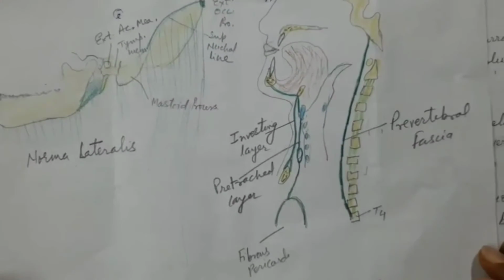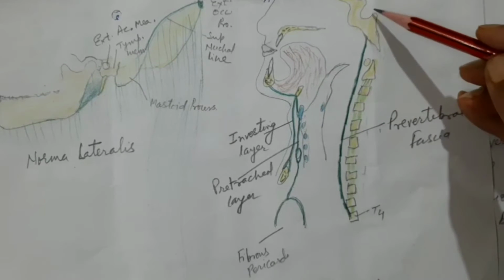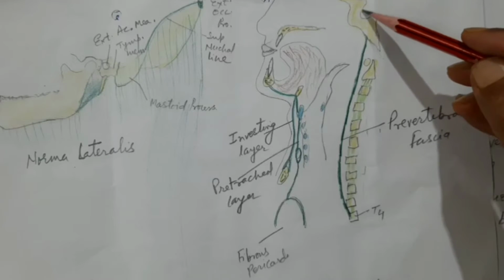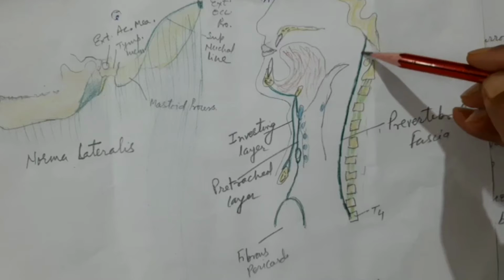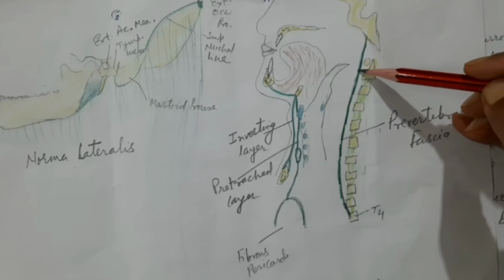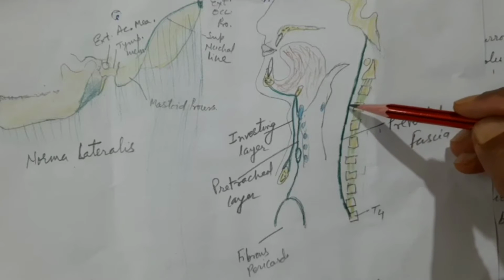Let us see the same diagram here, and we will see the prevertebral fascia. Above, it is attached to the base of the skull. This is the sphenoid bone. This is the sella turcica, the pituitary fossa is here. Okay, and at this base, the prevertebral fascia is attached to the base of the skull, from where it runs